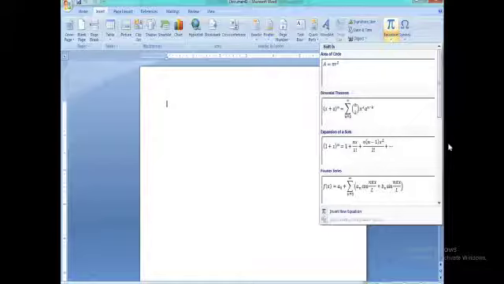In this window you can see, firstly we'll click on the Insert tab. Under that we have the Equation option under the Symbols group. Several types of equations are already available. If you want to insert your own equation, you will click on Insert New Equation. Then after typing, the equation will appear in your document.